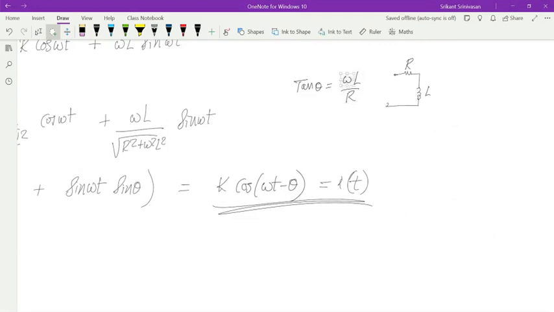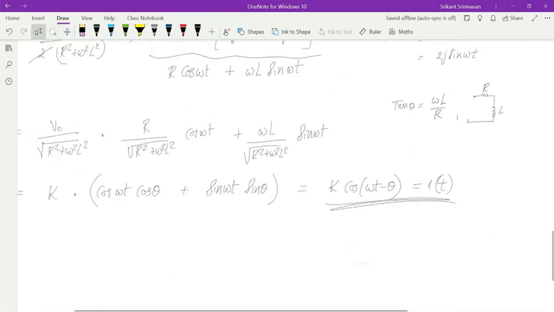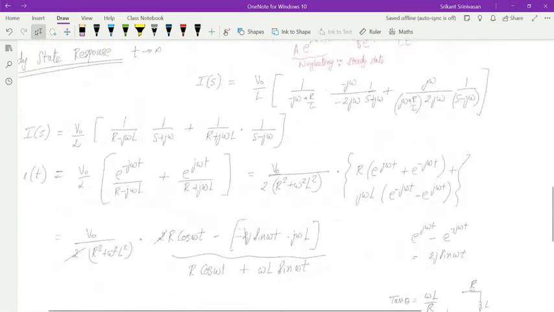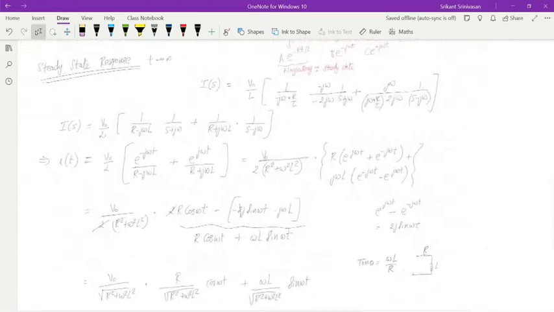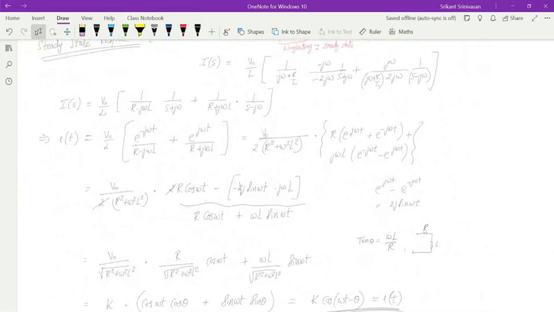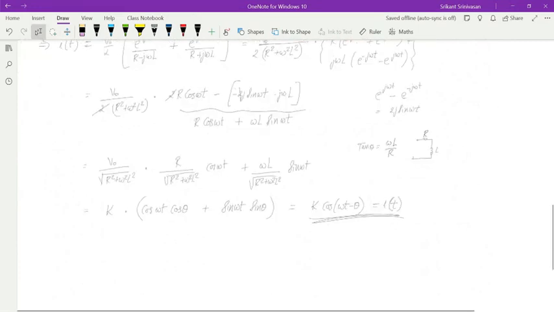Similarly, you can see the frequency behavior. Supposing the frequency is 0. If it's a 0 frequency, this theta becomes 0. And therefore, of course, when I have a 0 frequency signal, if I put cos omega t, then it's almost like a step function. Whereas if I have a high frequency signal, then again the effect of inductance becomes large. That means I have more phase shift as the frequency increases. As the frequency becomes very small, there's no sinusoidal signal at all. It's just a step function, and so a DC current is flowing in the circuit. So the theta becomes 0.